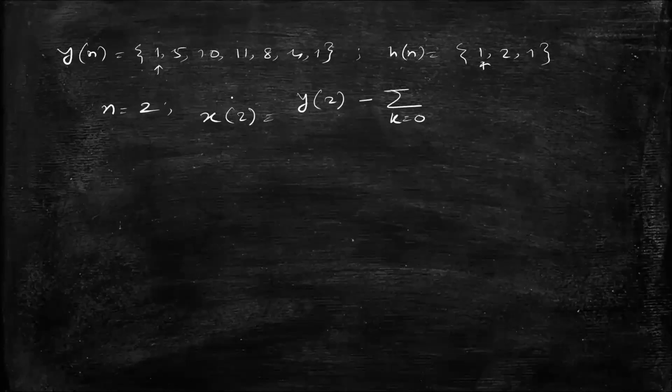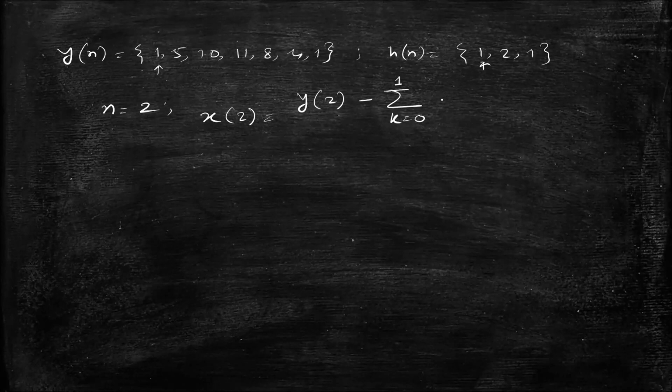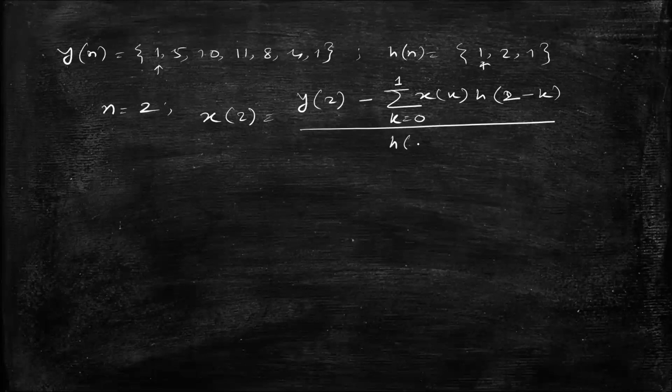So the value of n is 2, 2 minus 1, so this is 1. x of k h of n minus k. So the value of n is 2, so 2 minus k whole divided by h of 0. So now what is the value of y of 2? 1 2, that is 10